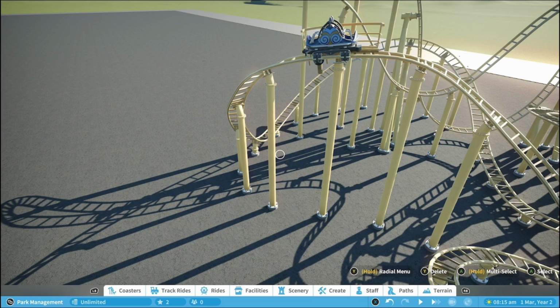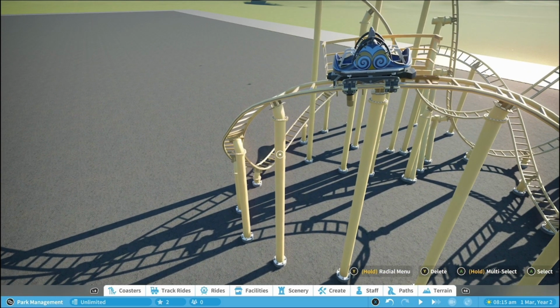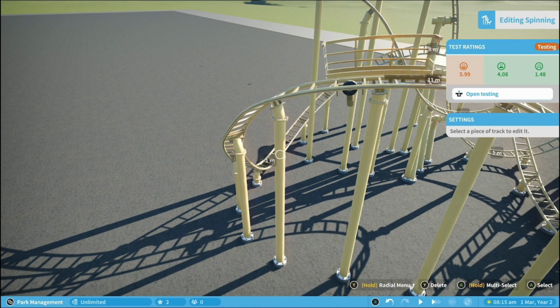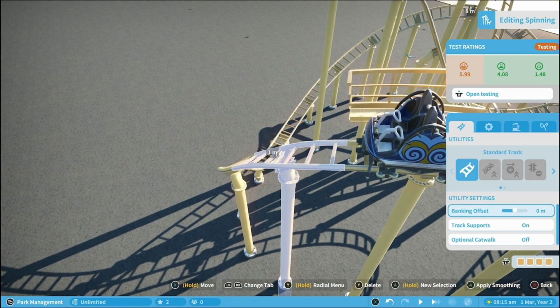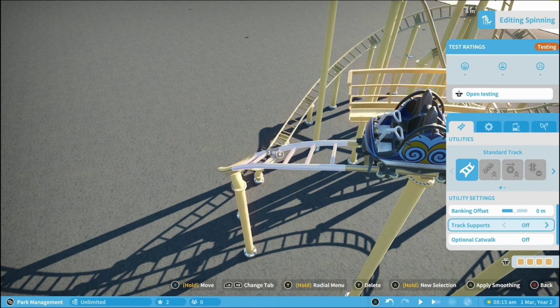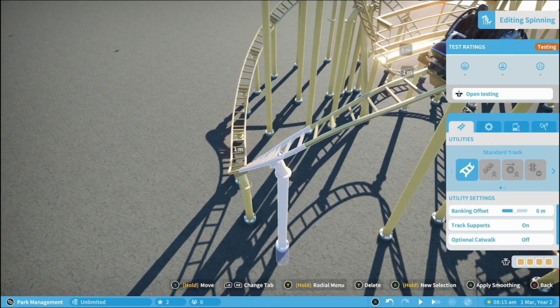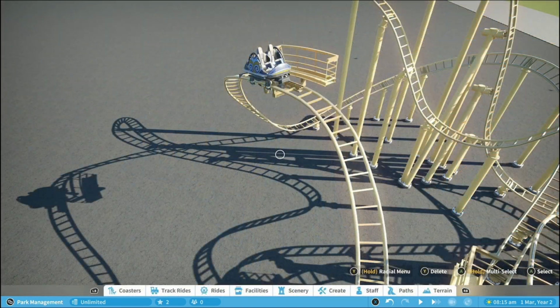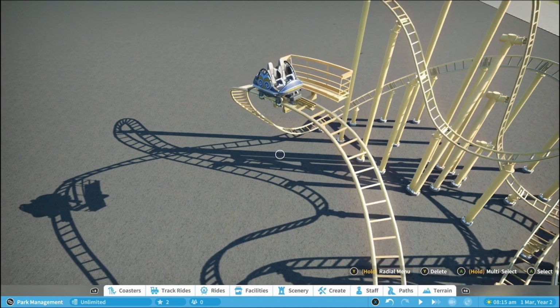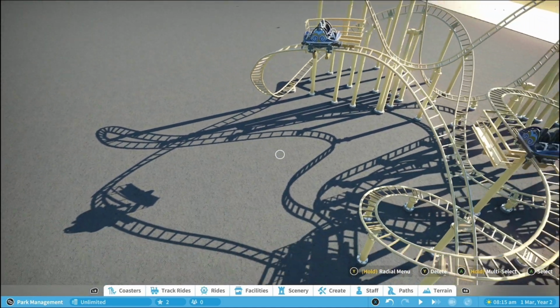So what you want to do first of all is come over to your roller coaster. You want to go to edit coaster, and you want to click on a section of your track. And then you're going to change this setting here that's called track support and turn that off. I'm just going to do this on a couple, just so we've got a bit of clear space. So what you'll end up with is a big section of a roller coaster that doesn't have your support,